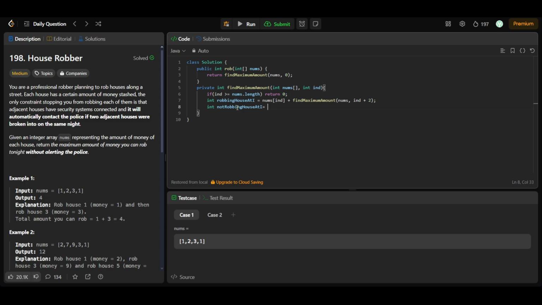So then we can directly go to the next index. Okay, so find maximum amount and nums comma index plus 1. Okay, so what we have to return is the maximum of both of these things. So let's call the function Math.max of robbing house at I and not robbing house at I. Okay, so now let's run it,